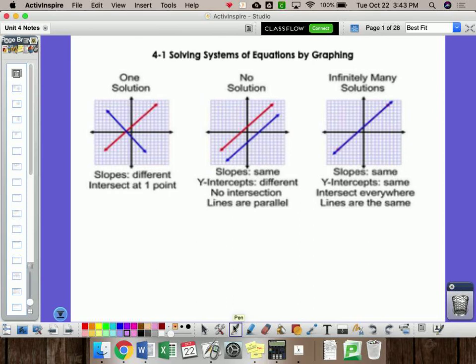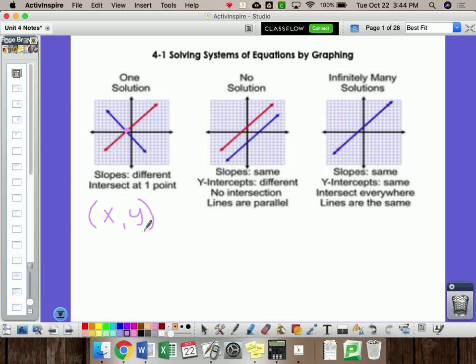So we have three different options of solutions that we could have. We could have one solution where those two lines are crossing at one particular point. And we would say that point as an ordered pair, (x, y). If we have two lines that are never crossing, that they're parallel, they would have no solution. Then our third option